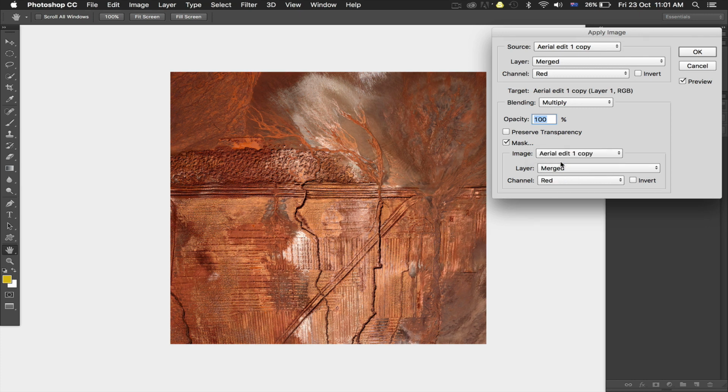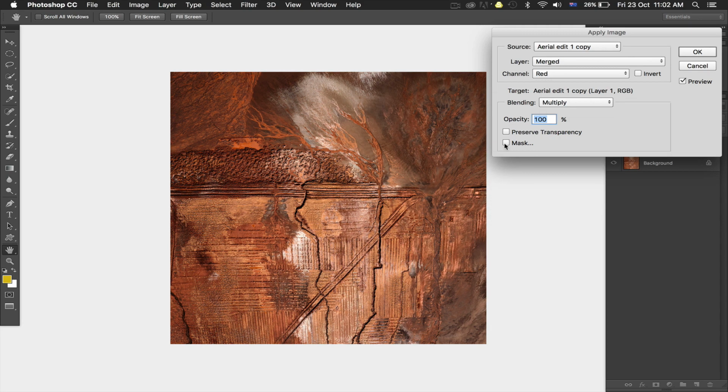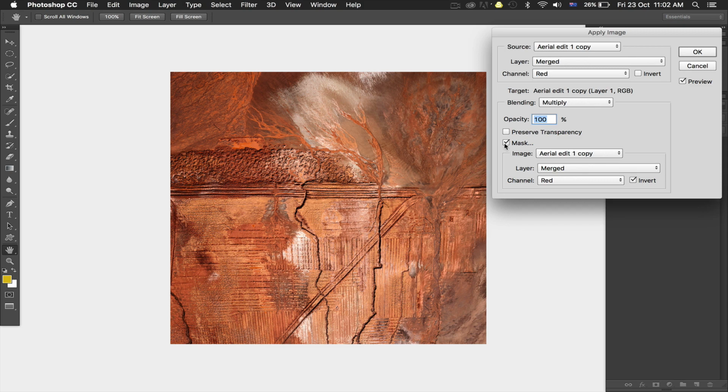It's this one here. So now I can change the channels, they'll be red, green and blue instead of L, A and B. Okay, make sure the channel's on red and invert is selected there. If we turn this on and off, we can see how it's gotten grungier, but it hasn't got too grungy, hasn't got too dark. So I've turned this preview button on, you can see before and after. It just gives us a bit of contrast and a bit of a lift. So I'm going to click OK,